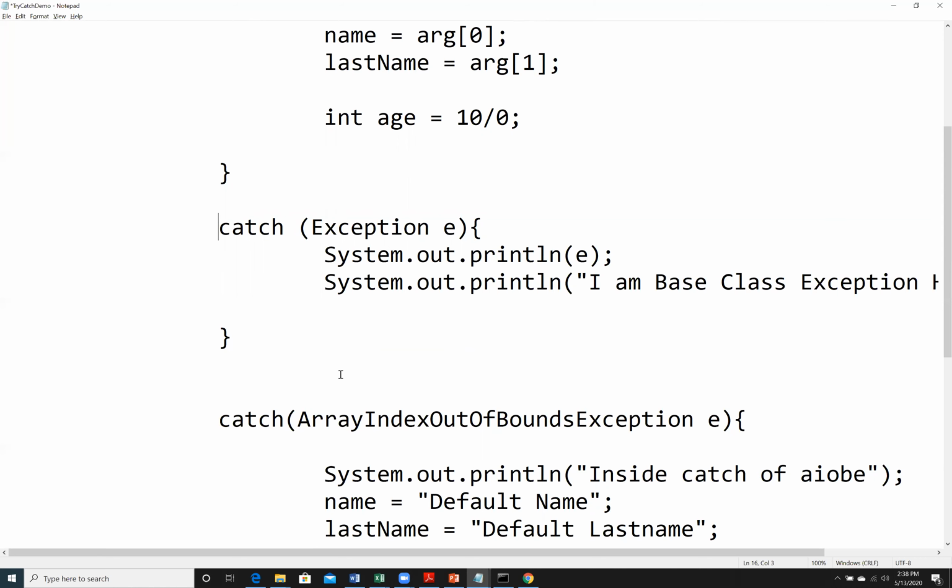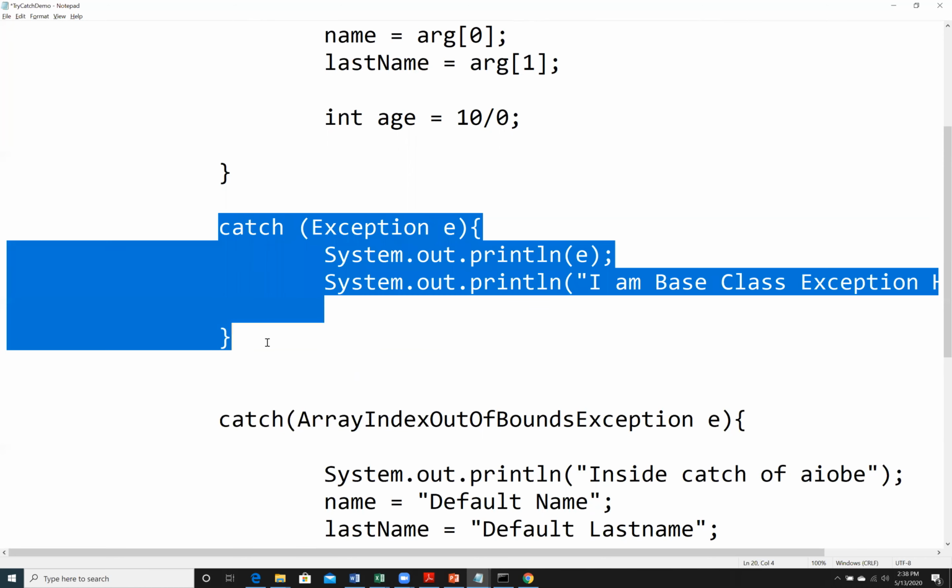Now this is an error for one simple logical reason. Remember, this Exception class is capable of handling all types of exceptions, including ArrayIndexOutOfBoundsException. It means that for the Java compiler, this will become unreachable code, because this catch block can handle all types of exceptions, including ArrayIndexOutOfBoundsException.